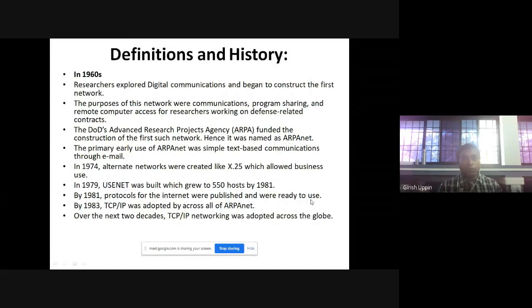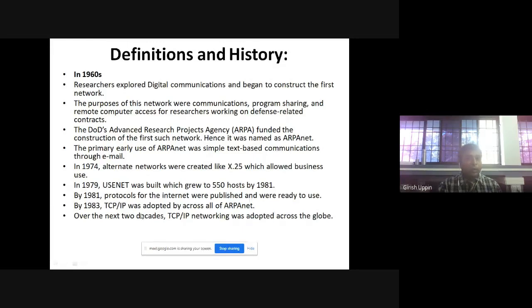When we are doing communication, we have to follow certain rules and regulations. That is called a protocol. How the communication is done between the devices or hosts in the network is defined by these protocols. They developed the protocols in 1981, and TCP/IP was the protocol created, which adopted all the well-defined protocols.